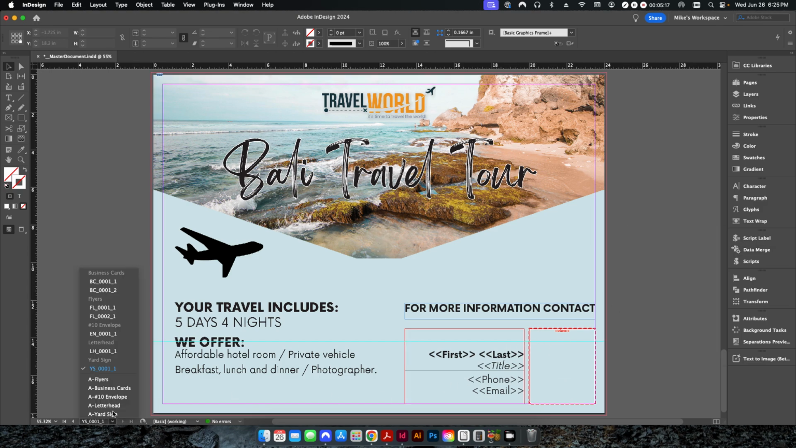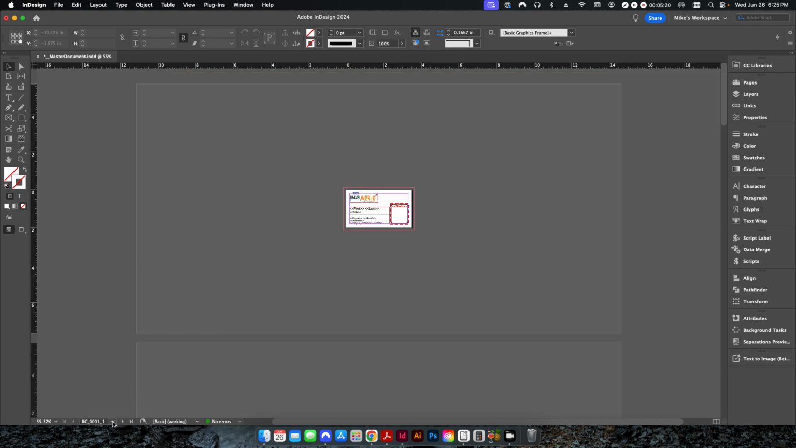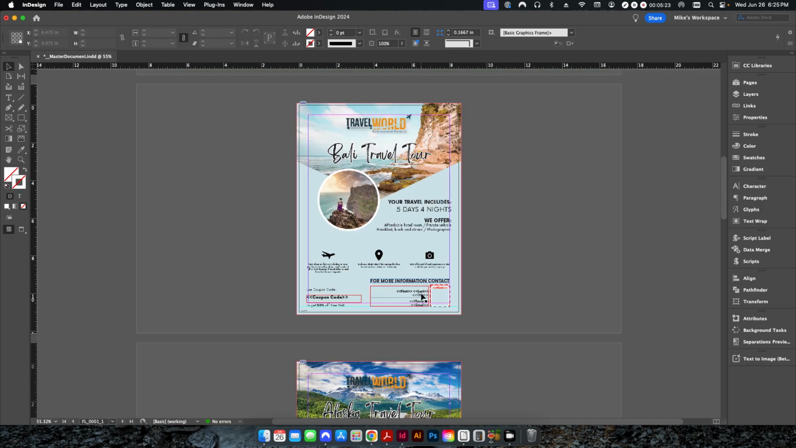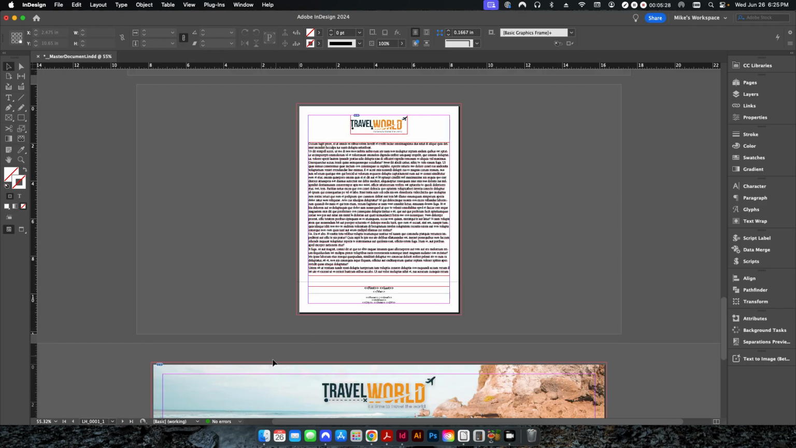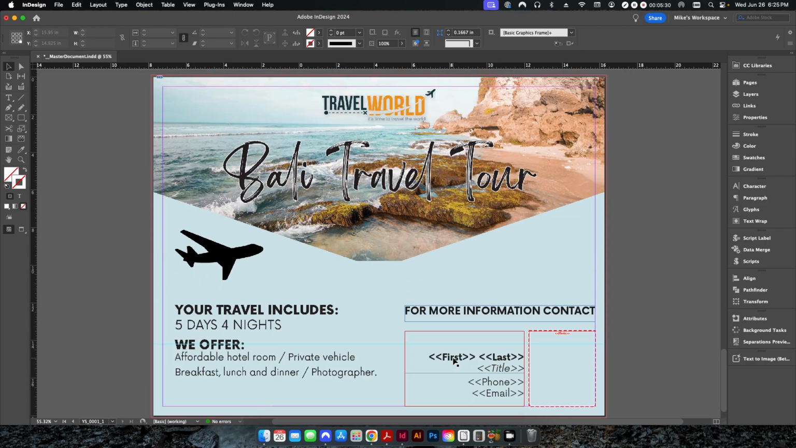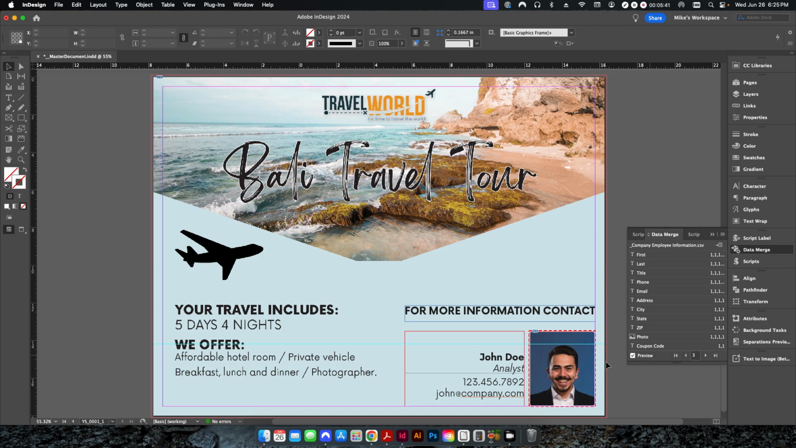So each one of these, if I scroll through here, I have my business card, I have my flyer with the data merge information, I have my envelope with my data merge information, here's my letterhead, etc., etc. So now what we could do is, if we want to output for a certain person, we can always go into our data merge here or preview, and let's say this person right here, John Doe, record number 3. We get our order and we say, hey, I need a